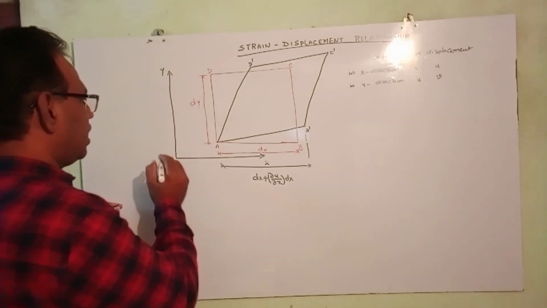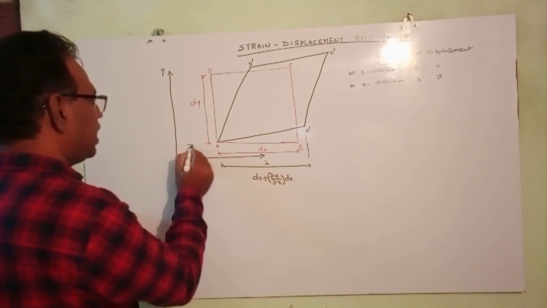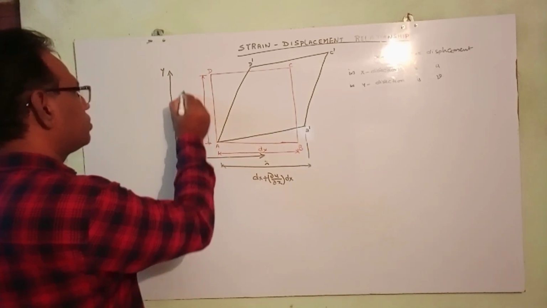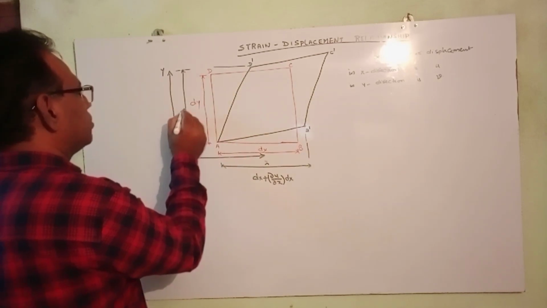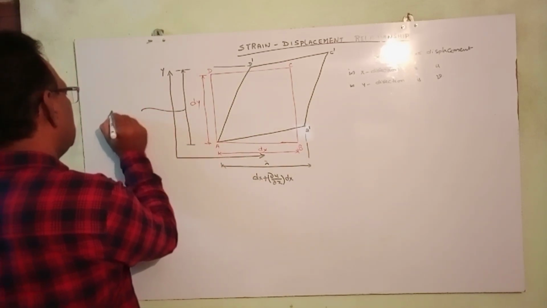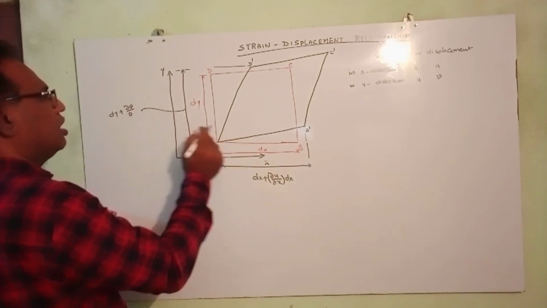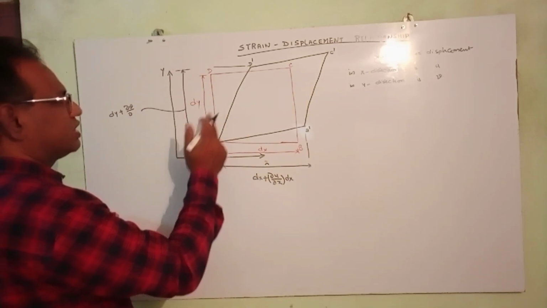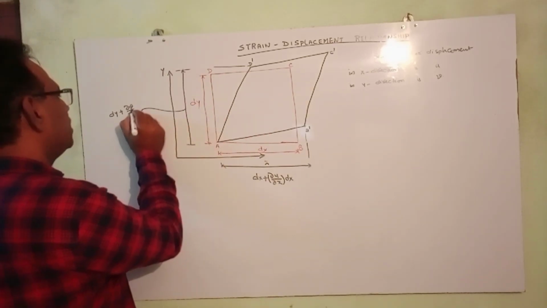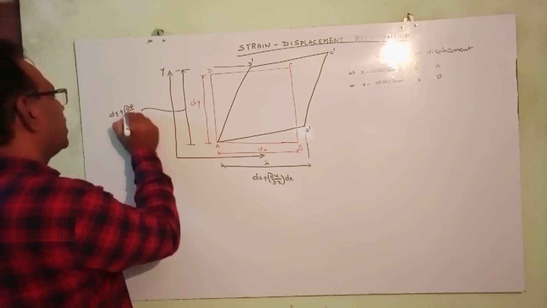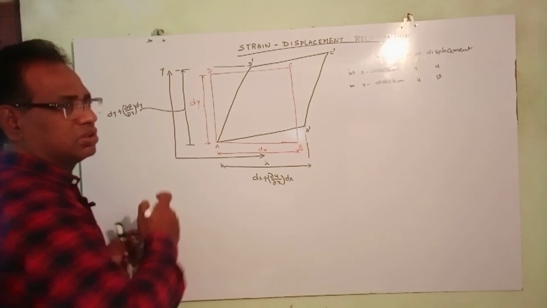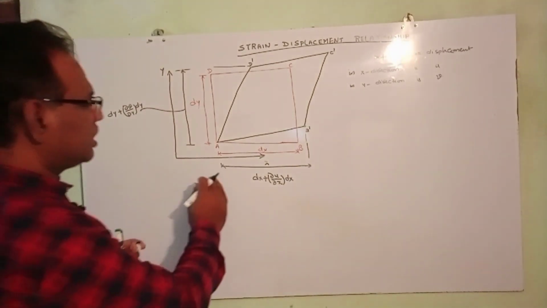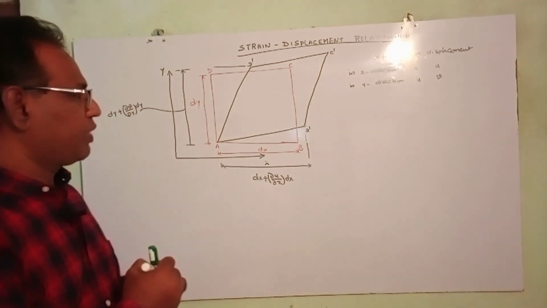Now similarly, in the direction of y, it is also elongated like this. So here I am going to write this one: dy, with a small deformation in the y direction, that is v. So dou v by dou y for a small distance of dy, there may be some change. This one is along the y axis, and that one is along the x axis.